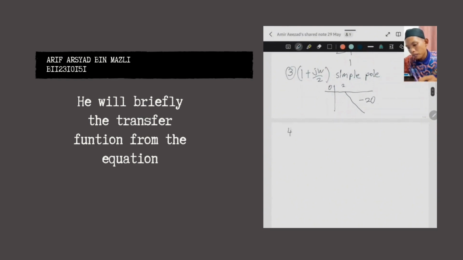Last step, 1 plus jω over 10. This is a simple pole. Okay, the graph